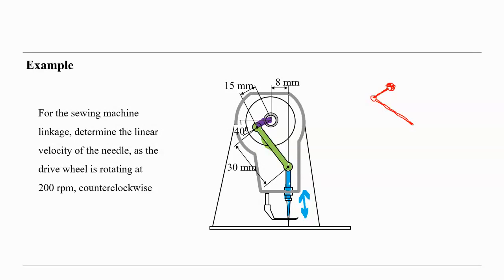This is the coupler here, and we have here the connecting point, and there is a slider here moving up and down. Let's show it as a mechanism like this here, and this is the line